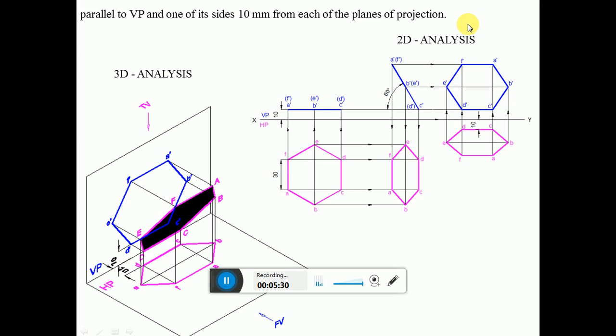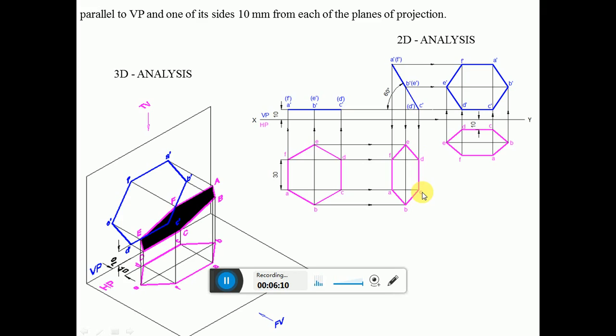So which is the side which is parallel to HP? The same side has to be in front of VP by 10 mm. You can see here the side which is 10 mm above HP is C dash D dash. The same side has to be kept in front of VP by 10 mm. If the same side, which is CD, has to be kept 10 mm, then obviously you have to rotate this in anti-clockwise direction. Then you measure from XY line, you take 10 mm and draw a horizontal line. Measure the length of CD and you take any point and then from there you mark this CD.